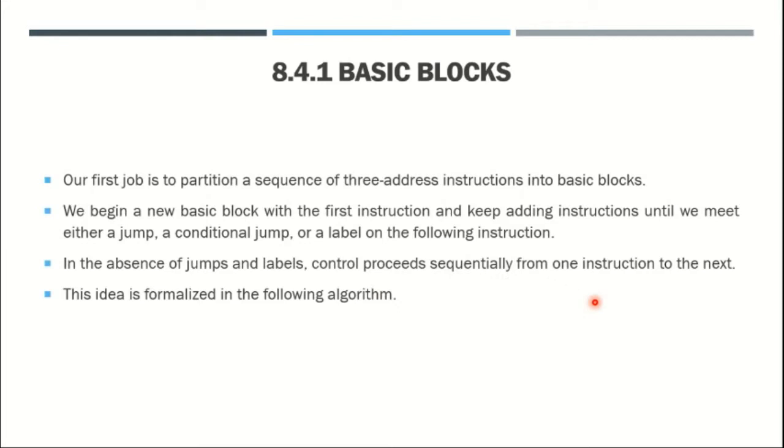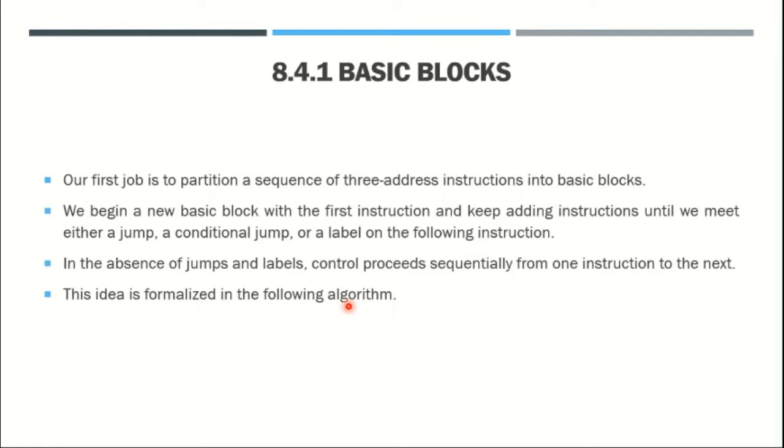For example, let us assume there are 4 lines of intermediate code representation. While generating the flow graph for those 4 lines, we can start with the first instruction. This first instruction must be in basic block 1, and the remaining 3 instructions, in case they don't have any branching statements, conditional branching statements or label statements, are also treated as part of basic block 1. So the flow of control or execution can be performed sequentially one after another. So this is the process.